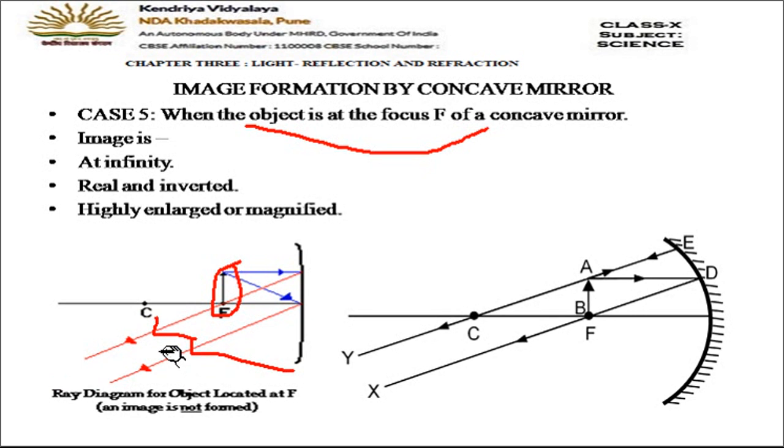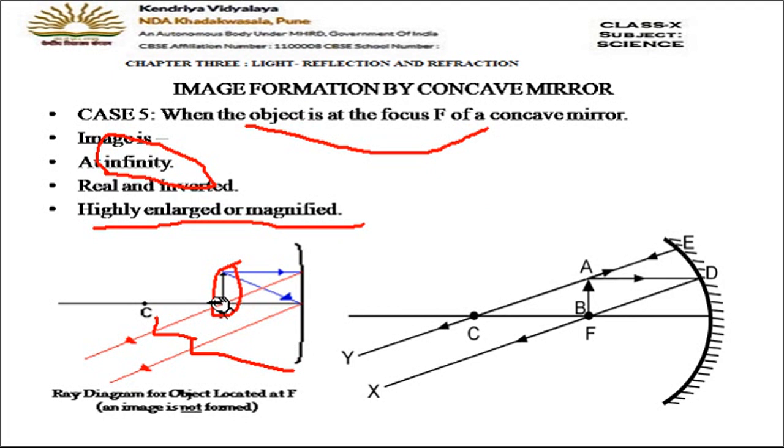Fine. So what we do, we leave it like that, and we write the position of the image. That image is formed at infinity. What word do we use here? Infinity. That image will be formed at infinity point. The image will be real and inverted. Somewhere at infinity, at a very large distance they will meet, so it will be real and inverted, and the image formed will be highly enlarged. If you have noticed, as the object is coming closer to the mirror, the size of the image gets larger and larger and larger.